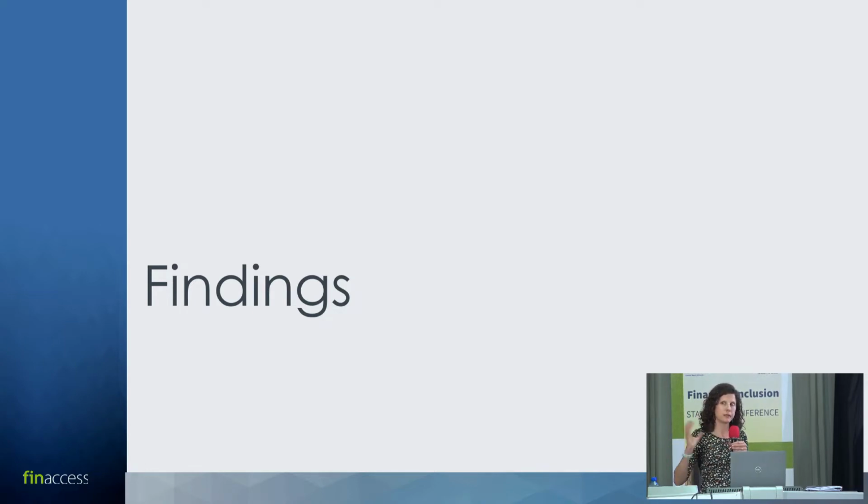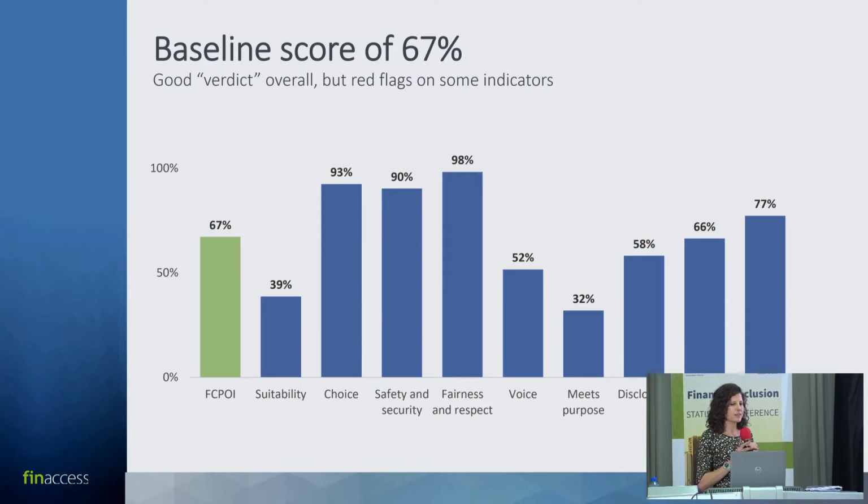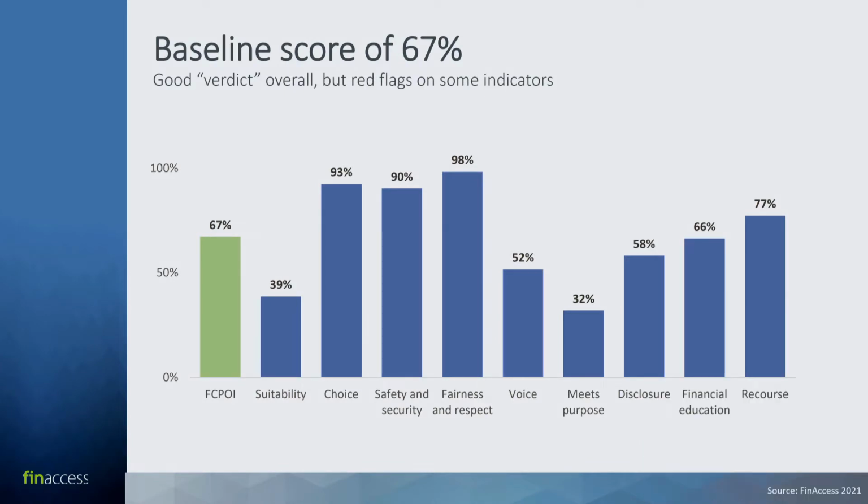And it's not the be-all and end-all to say, oh, this is the score on financial consumer protection in Kenya. It's a measurement input as a contribution to the dialogue on meaningful financial inclusion in Kenya. Right, so if we add up whatever we could from the survey across all those sub-indicators, we get to an overall baseline score of 67%.